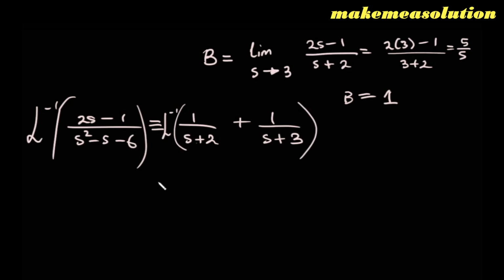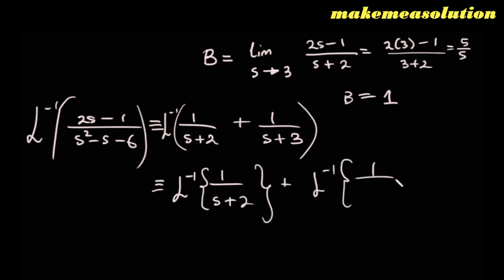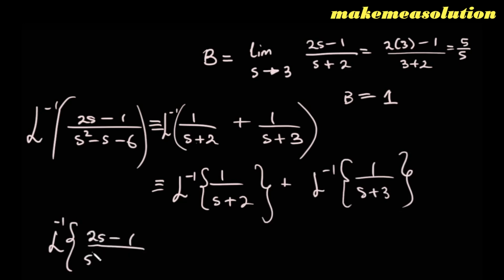And Laplace inverse also obeys linearity. So the Laplace inverse of the sum of two things is the sum of the individual Laplace inverses, plus the Laplace inverse of 1 over s plus 3. So at the end of the day, the Laplace inverse of this complex function, 2s minus 1 over s squared minus s minus 6, is the same thing as the Laplace inverse of f of s,